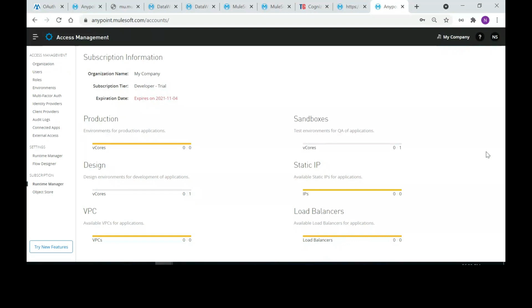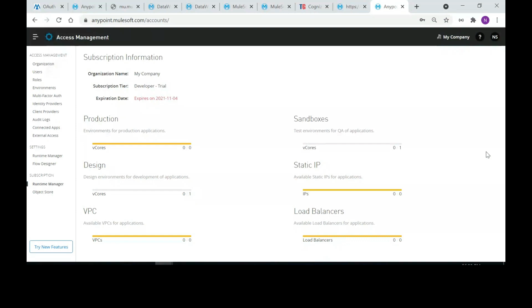Next, you can create as many environments as you want using the sandbox vCore. But the maximum that you can deploy for a 4-core non-prod environment will be 40 applications.